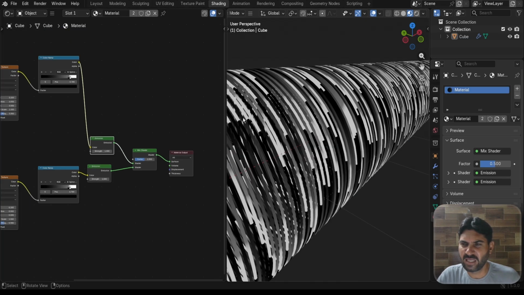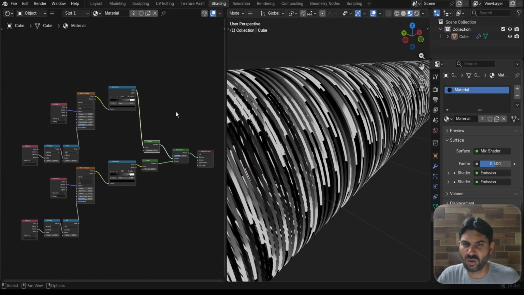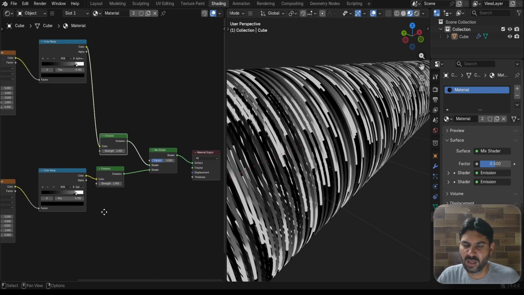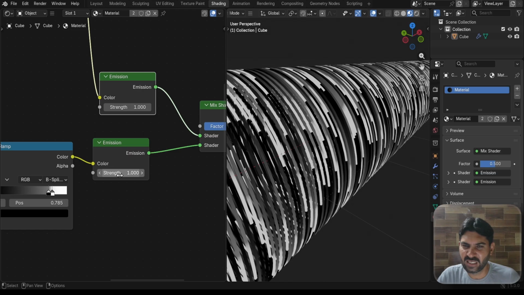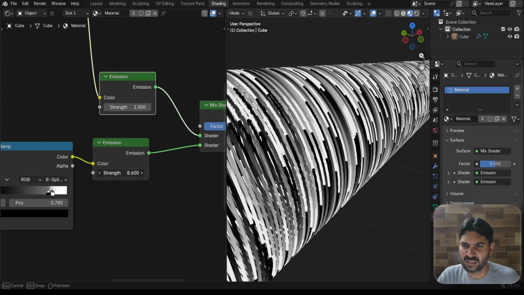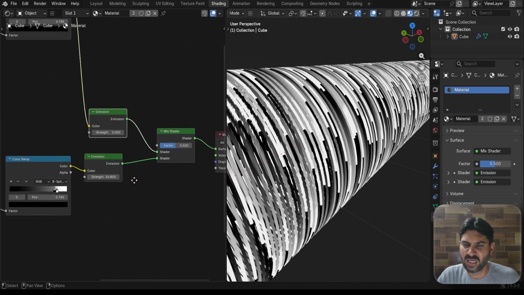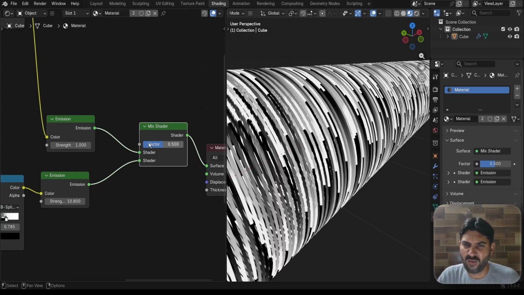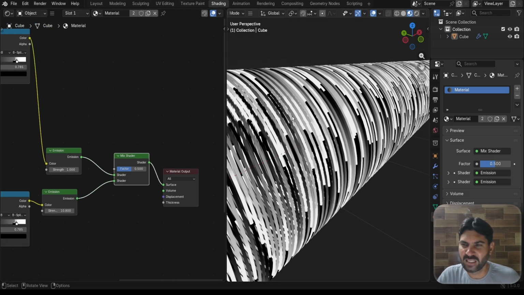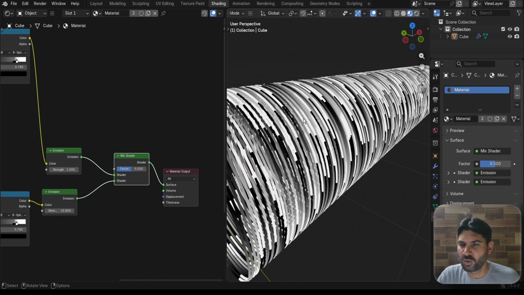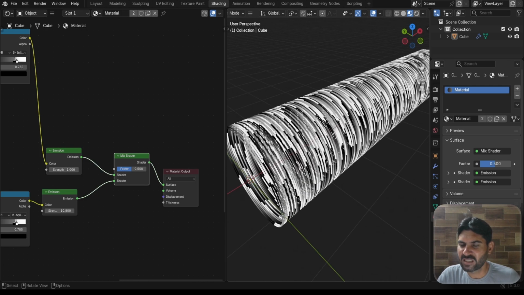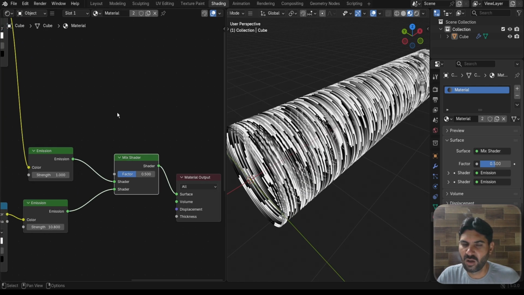You cannot see any difference because both of these emission and these wave textures have the same value. Here I increase this emission something like that, and here I use this factor value of this mix shader to place another attribute to pick some instances having a different material. So for that,